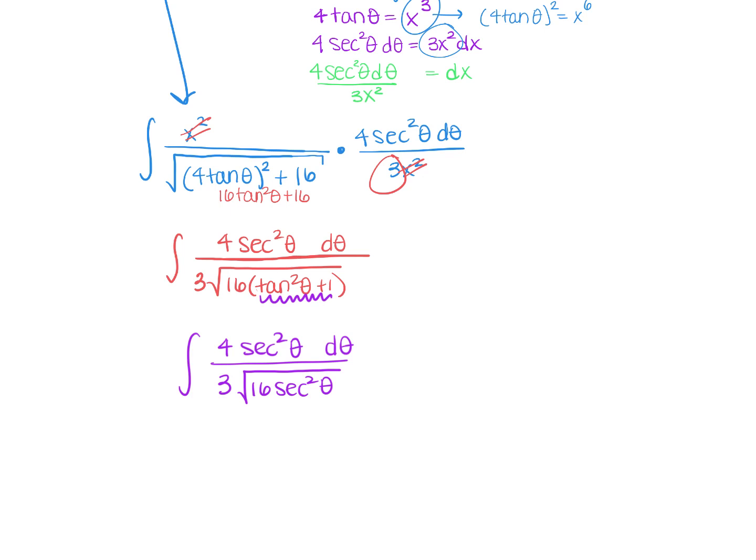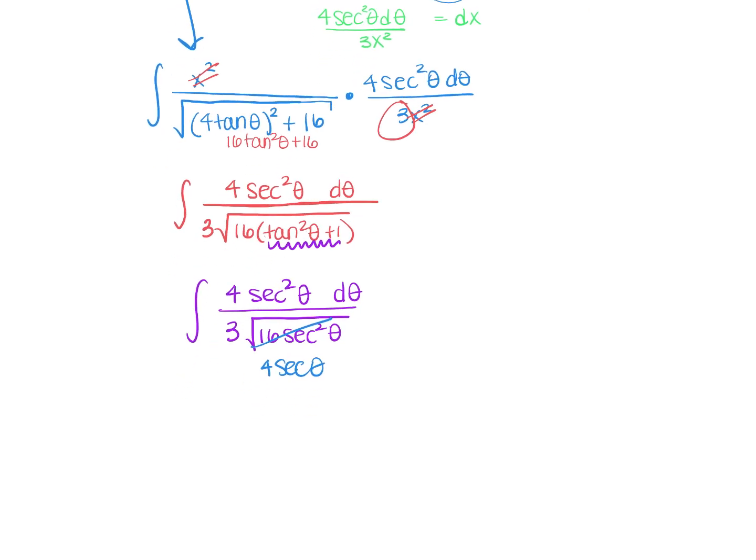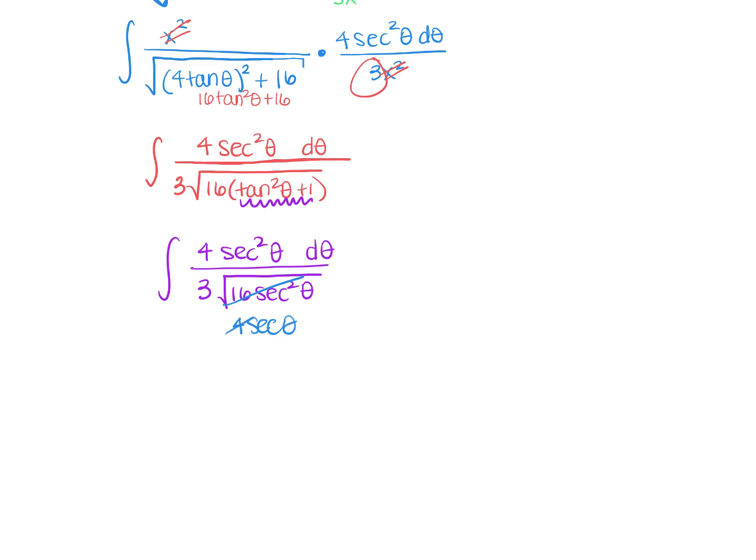And here's the good news. This makes 4 secant theta, right? Because I could take the square root of one term at a time. So now I have 4/3. I'll divide the 4s. So I'm going to bring out only a 1/3. And I have secant squared theta over secant theta. It'll leave 1 secant theta d theta. Everything else has been accounted for. So if I look at this, again, that secant squared theta divided by secant theta will divide out into just secant theta. And I had 4 over 4 divided to 1, but I do have that 1/3 left over there.